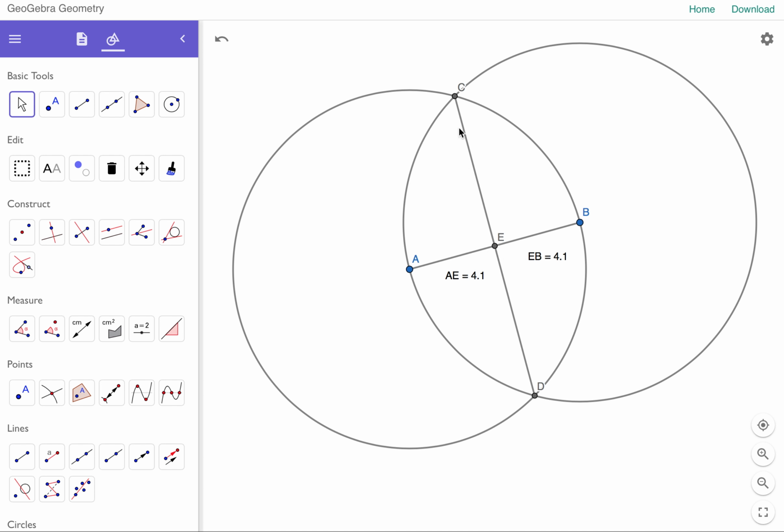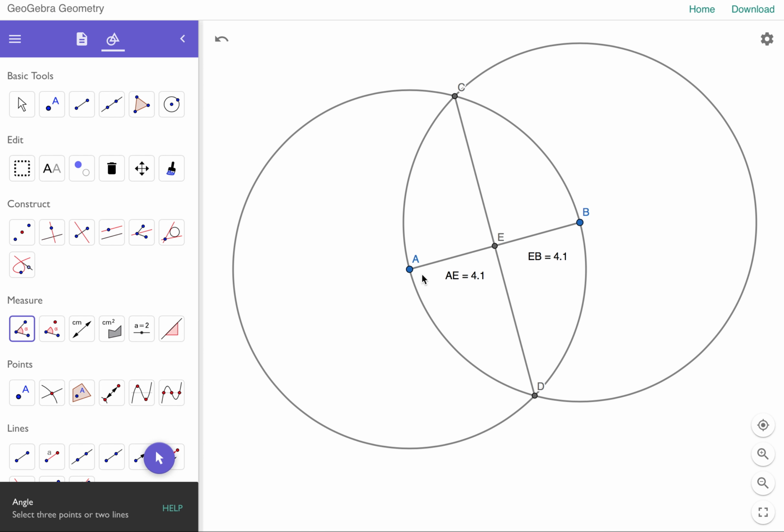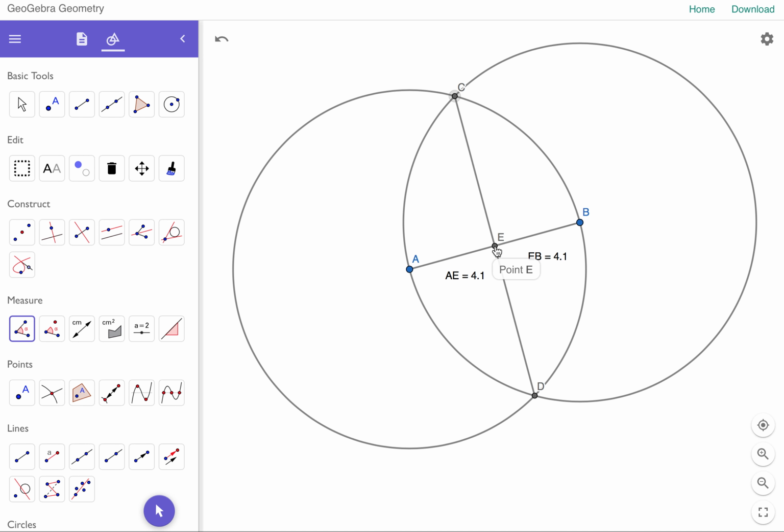We can also say that segment CD is a bisector of segment AB. So we could also measure this angle right here, because this sounds really familiar with this process that we're doing. It sounds a little bit like constructing a perpendicular line. So on a hunch, what we're going to do is measure this angle right here. Measure angle CEB,